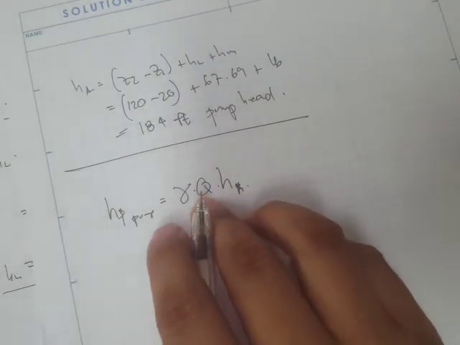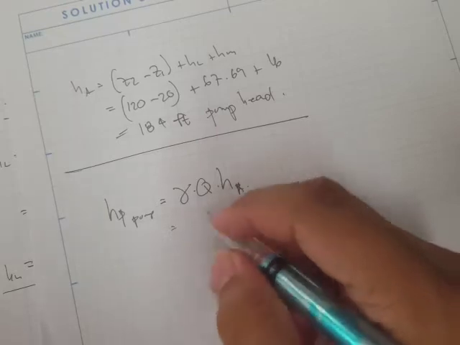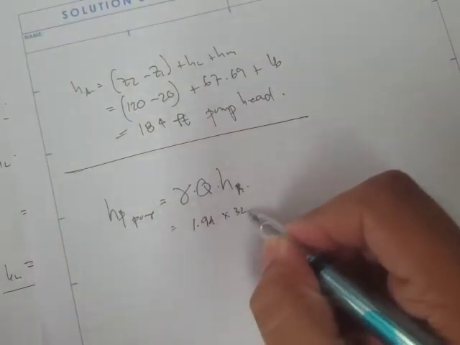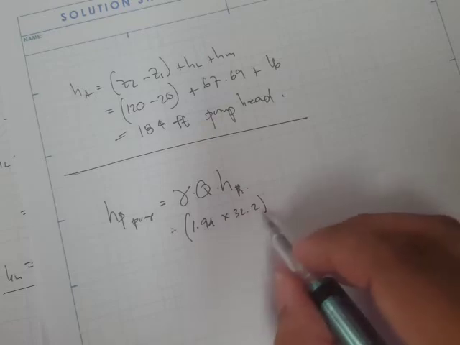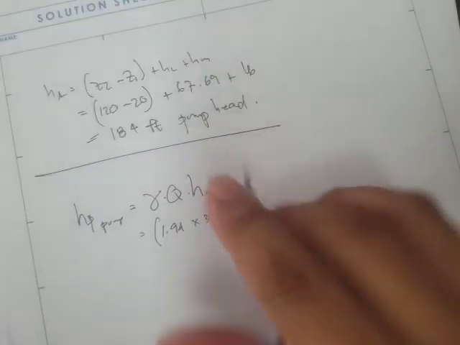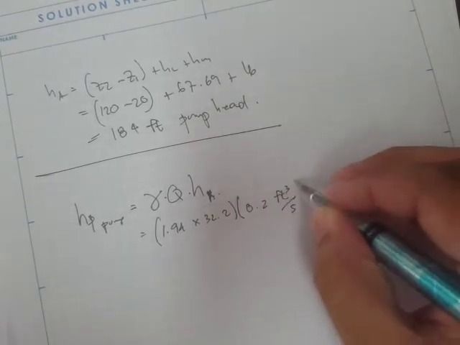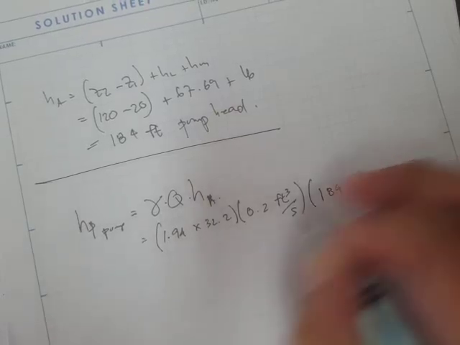And if we have water, then this one is 1.94 times 32.2. This is, I think, slugs per feet cube, and then times the gravitational acceleration. Then we multiply that to our flow rate, which is 0.2 feet cube per second, and then our pump head of 184 feet, and what we get is